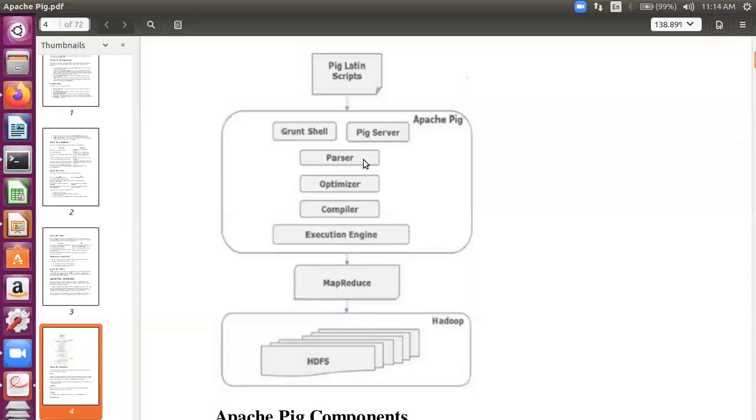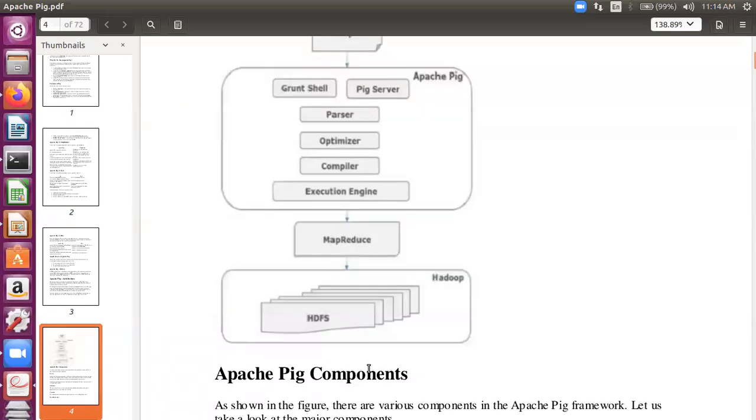There is a parser, an optimizer, a compiler, and an execution engine. All these convert your Pig script into MapReduce jobs. The MapReduce jobs use HDFS to generate the output and store the output in the HDFS.